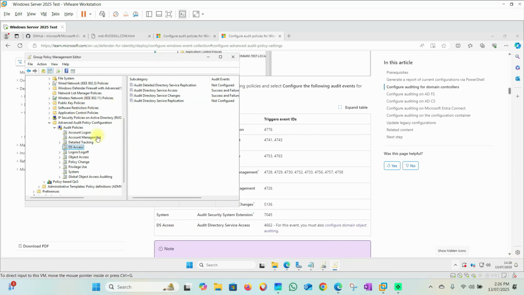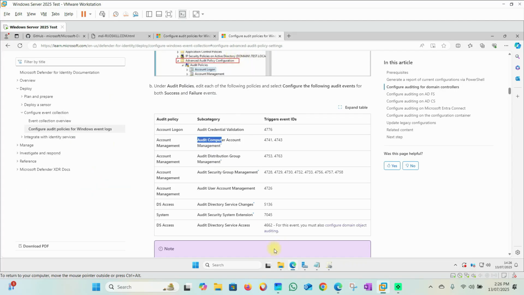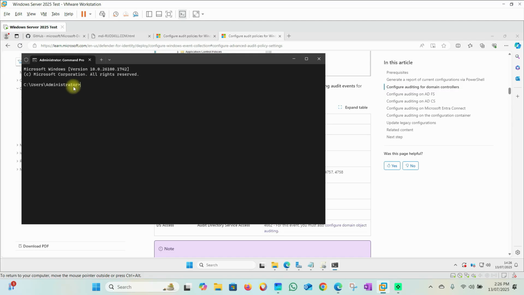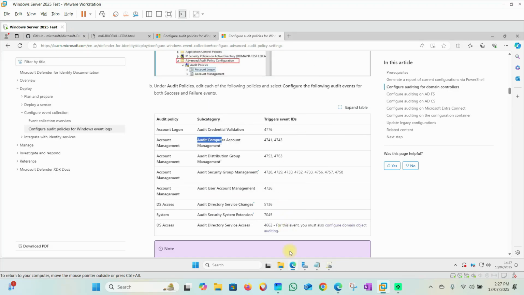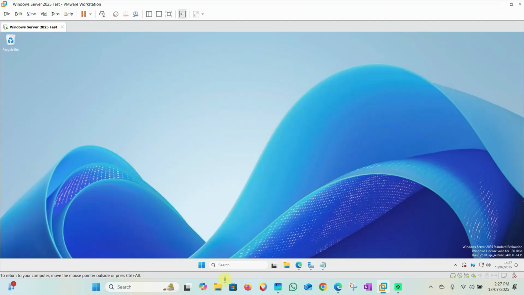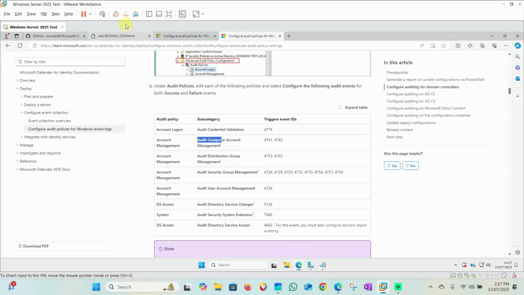So now we complete all the steps. After that you just go for close. Then we need to run gpupdate /force. So now we update our policies again. Now the complete policy will be updated. So after that just close it. Then